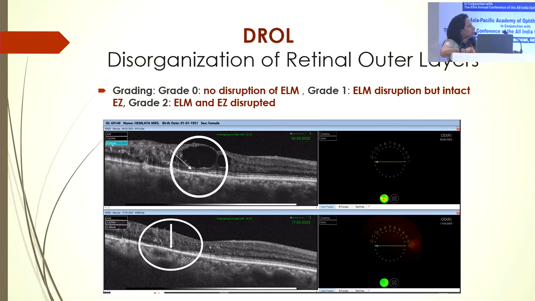outcome and is known as DRIL, or the disorganization of the outer retinal layers, and we grade it. It is a grade 2 DRIL when the ellipsoid zone as well as the ELM both are disrupted, as we can see